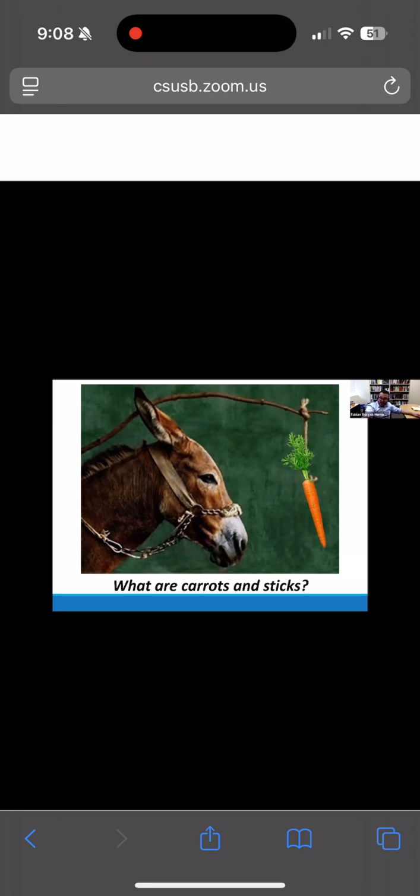So by offering a carrot incentive, you may make the donkey want to move forward. But the donkey may be resistant. The donkey may be tired, may not be into the carrot right now. But you also have the stick. The stick that is holding the carrot can be used to whack the donkey and force it to keep moving